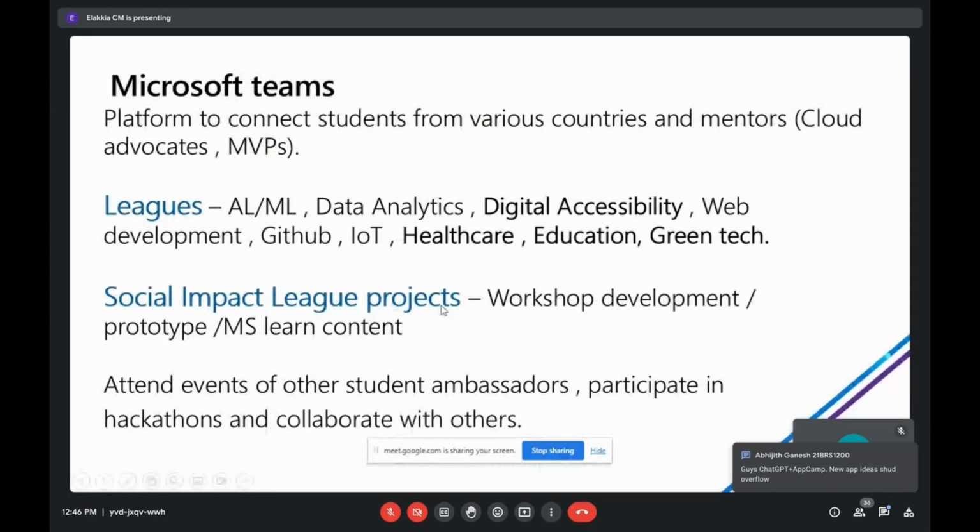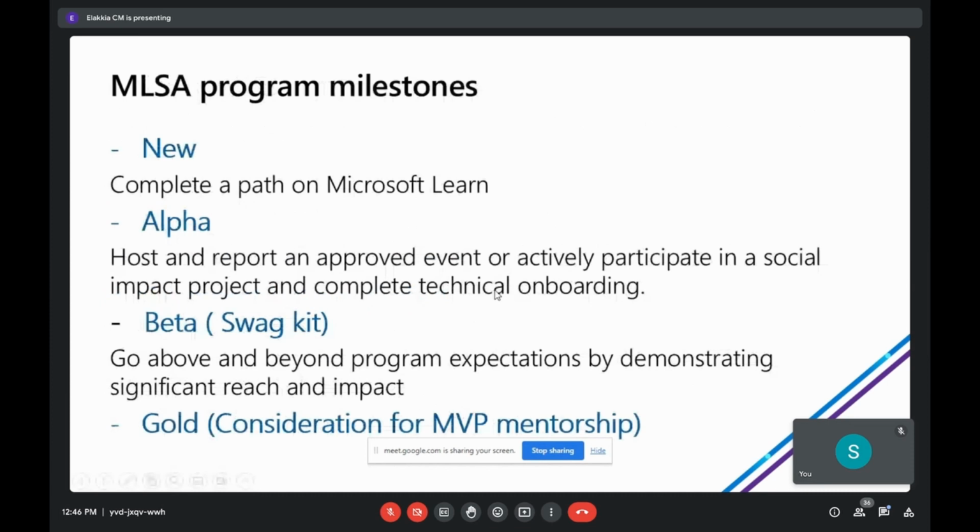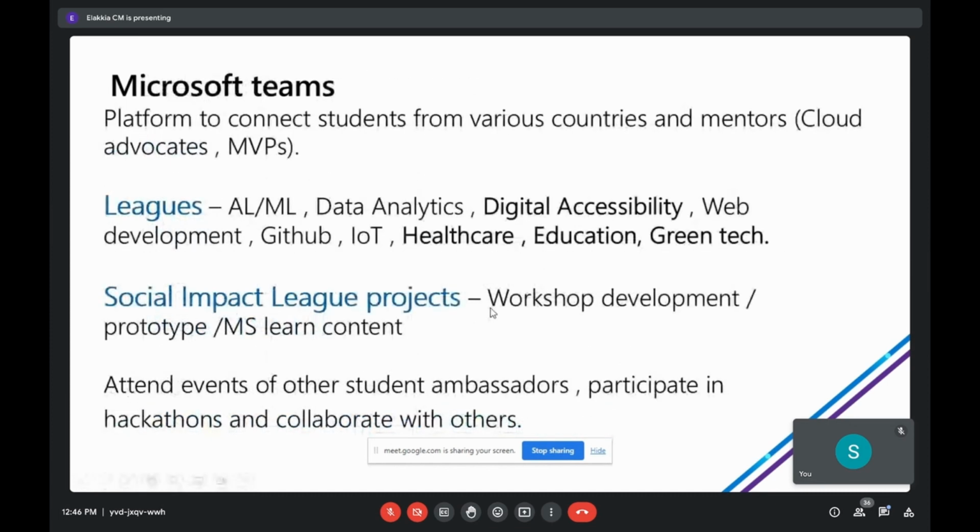It will be happening every quarter, where you can work on creating a workshop, creating a prototype, or you can create MS Learn content. This will be assigned to you by the professionals. You can choose which one you want to work on, but still you can ask them for the one you want. They might give it, but these bold letters are the ones you can work on for projects.